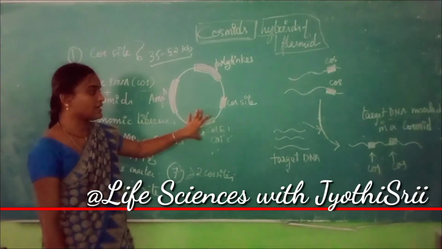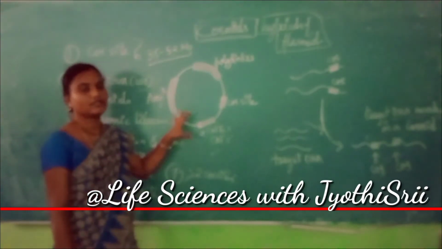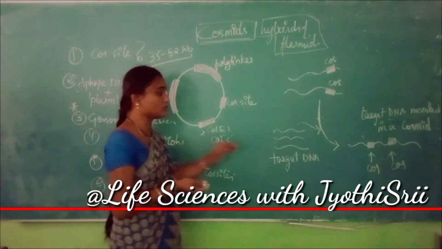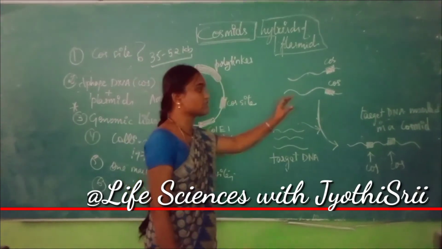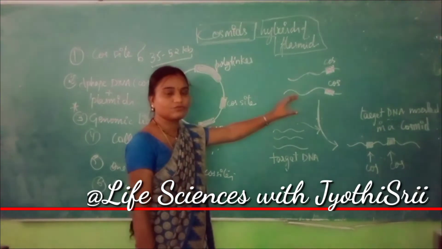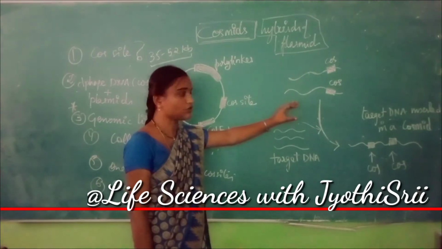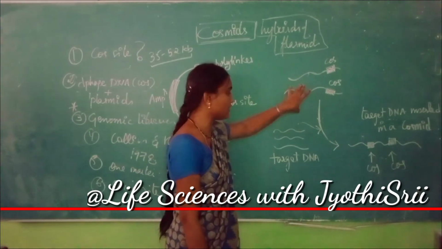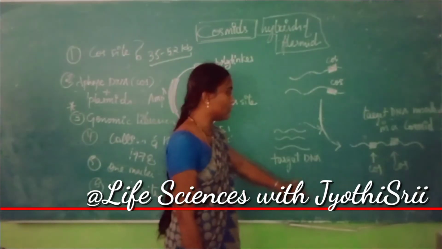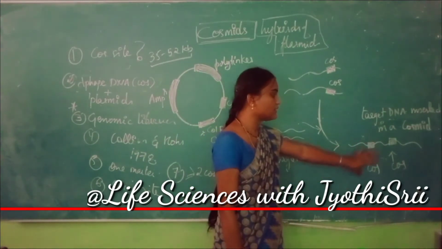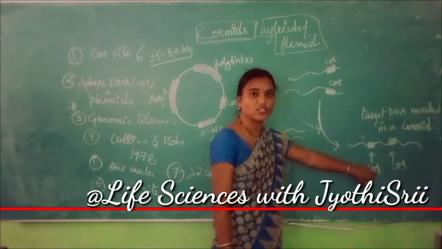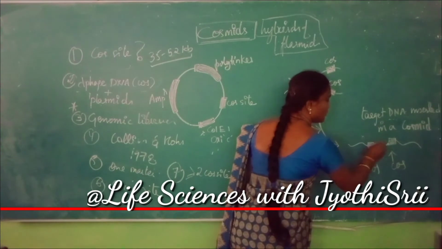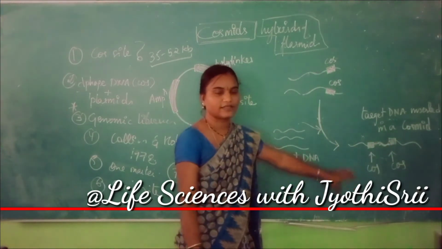So this vector, when it is treated with restriction endonuclease in order to insert your target DNA molecule, so this is your target DNA molecule. So the cosmid is broken because of the addition of your restriction endonuclease. So this cos site containing DNA fragment of your cosmid vector should get ligated with your target DNA molecule. So during this ligation, this is your target DNA molecule inserted in your cosmid vector, isn't it? So this target DNA molecule is inserted in between two cos sites of your cosmid vector.